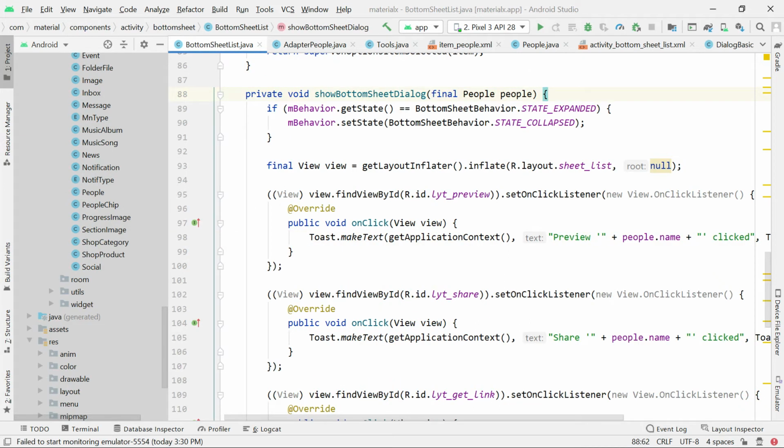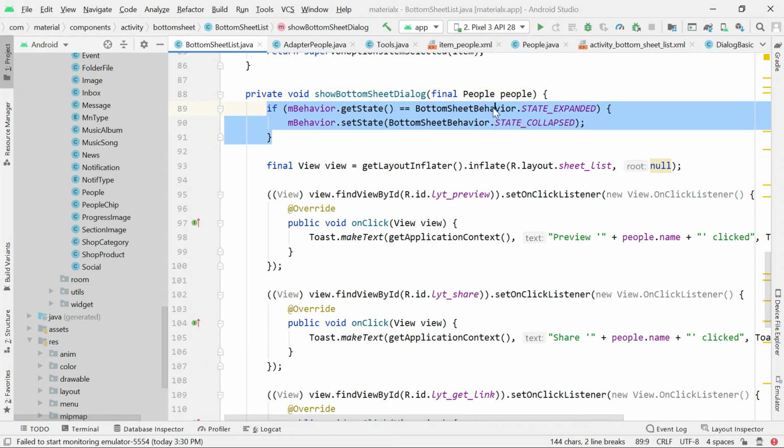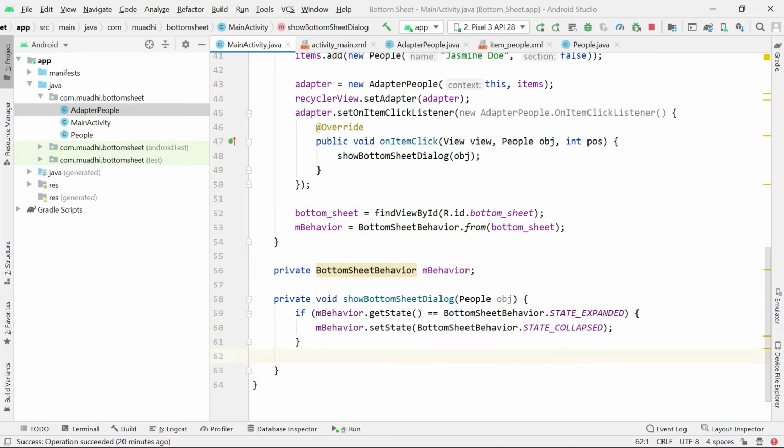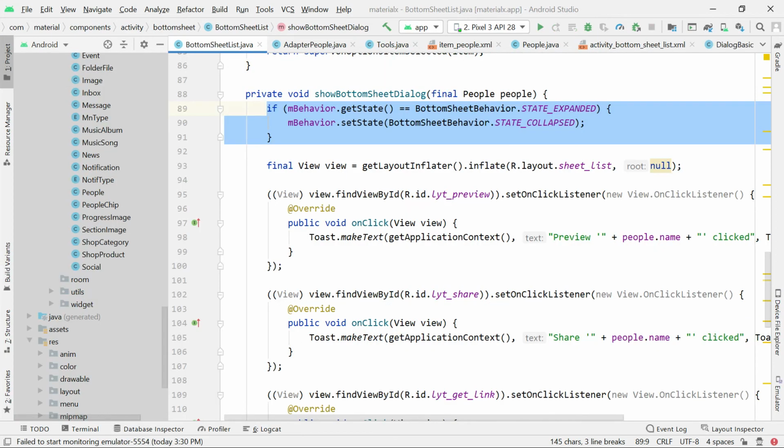So after making sure that you've initialized the bottom sheet, then you can check here its state. If the state is expanded, then you can set the state to be collapsed, and vice versa. So just simply copy this method and then simply come here. See, here we got the state from this bottom sheet. So here I'll have to be updating the state by saying that if the state is expanded, it should set the state to be collapsed.